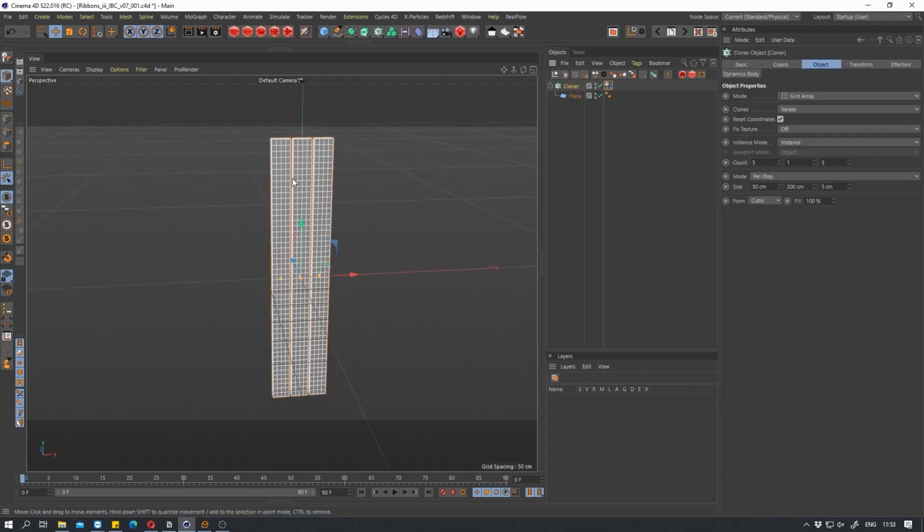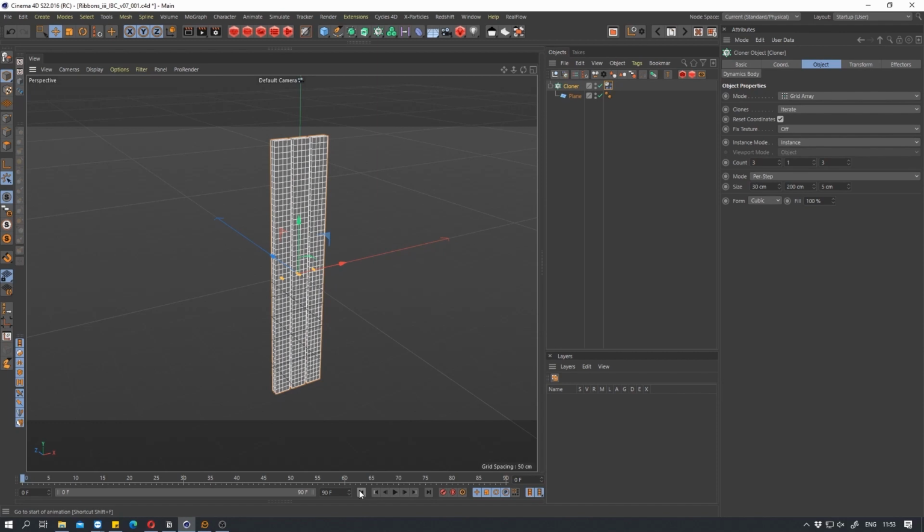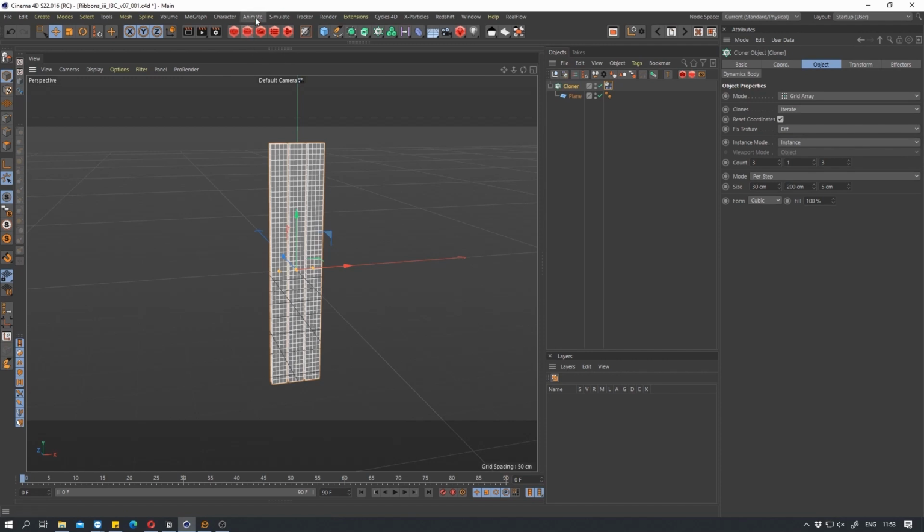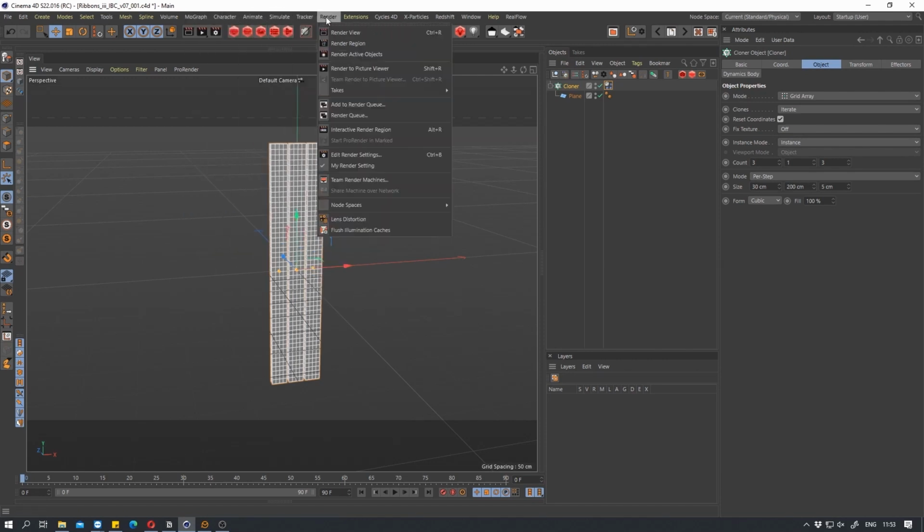Okay, so we have the first steps done. It's not falling anymore, so it's perfect. So now what I want to do here is use a force. I want to use that spiral force that you've seen in the render there. So to do that, I'm going to use the great